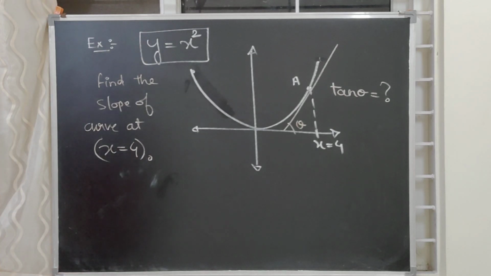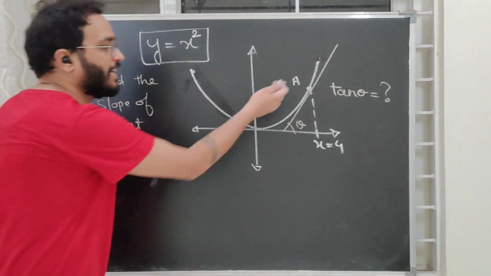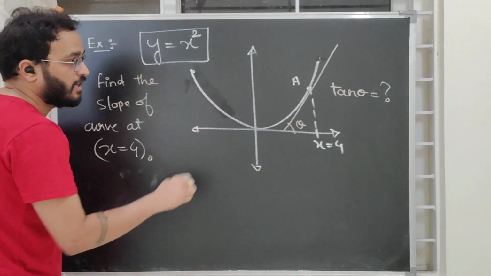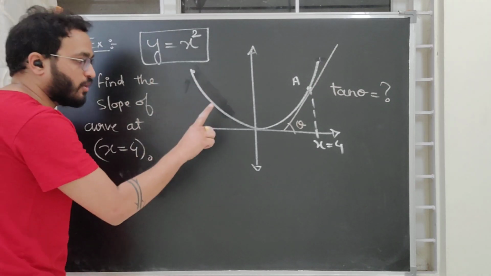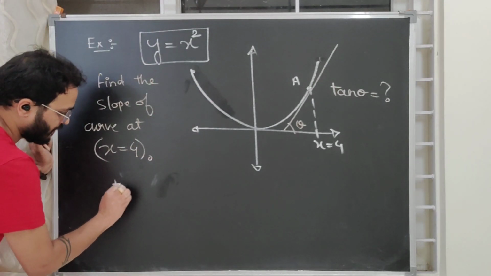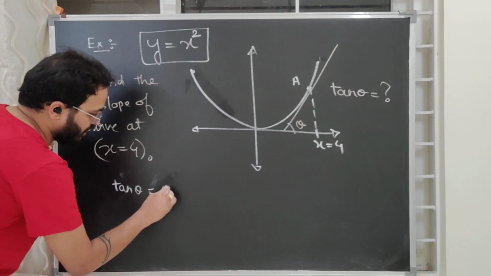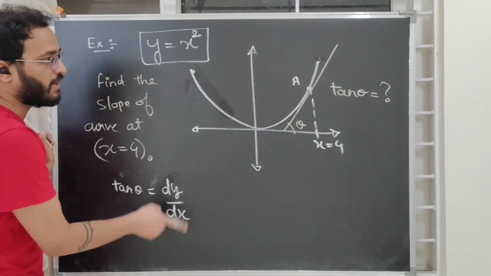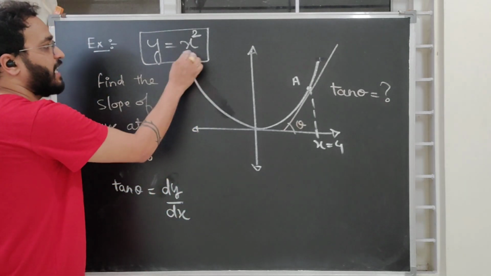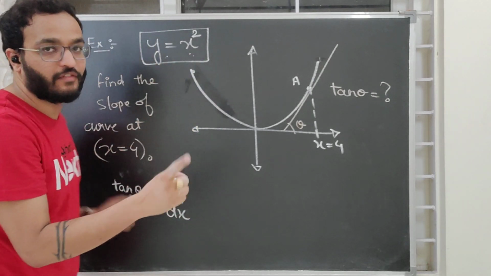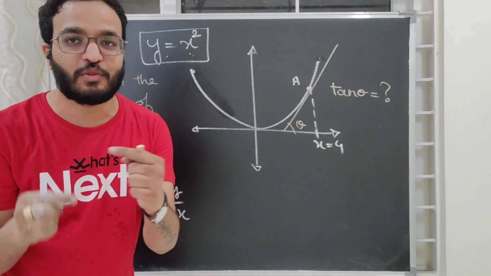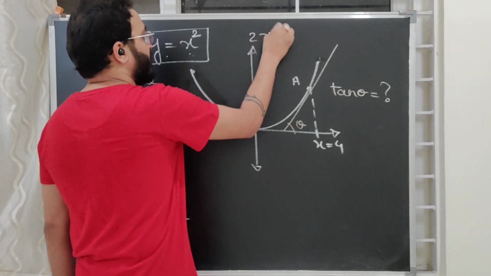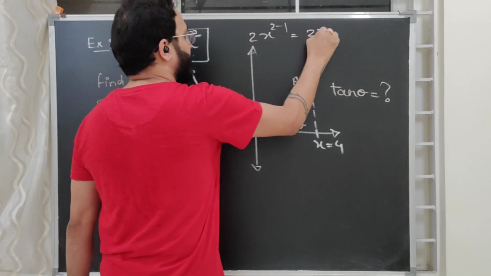So you will say, okay, simple. But how can you get this? Okay, it is again difficult. So what will you do? Sir, tan theta is the slope of the tangent drawn. And how do we represent it? This tan theta will be represented by dy by dx. Now what is dy by dx of the curve? If y is equal to x square, everybody knows, we all know, its differentiation will be 2x. We will apply the rule now: 2 into x to the power 2 minus 1. What will it be? 2x.